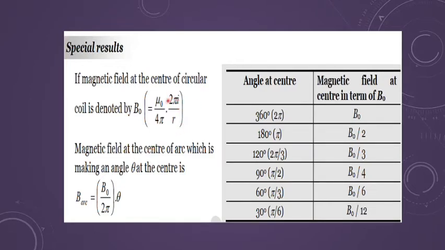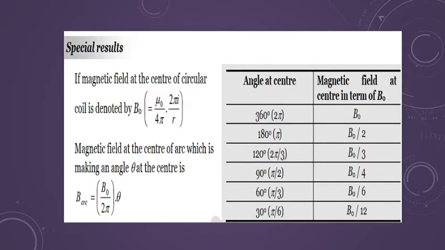2 pi is, of course, here 360 degrees. So if I am taking 360 degrees, this value is B naught, which I have already given. And if you are taking 180, I am getting B naught by 2. So depending upon the angle, you can see the value of the magnetic field is changing, and I can write this formula as B naught upon 2 pi into theta. This is the simplest way to write it for solving numericals. Sometimes you have to solve quickly in less time, then you can use this formula. Otherwise, the basic formula is the same. If you want to use that formula and then work it out, it is totally your choice.